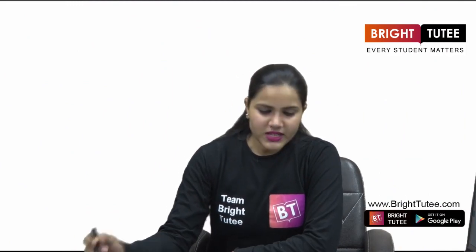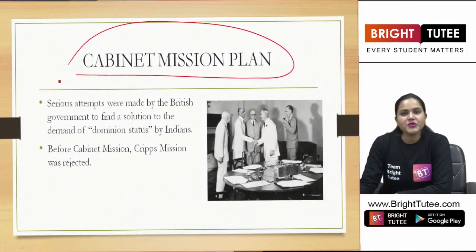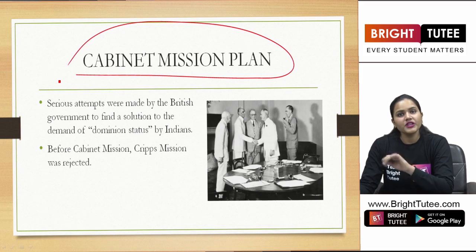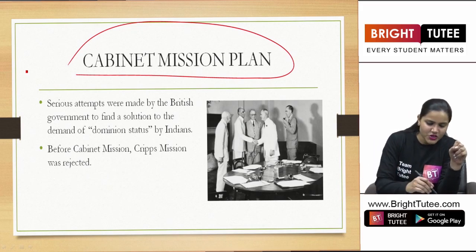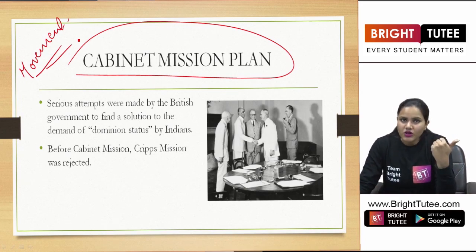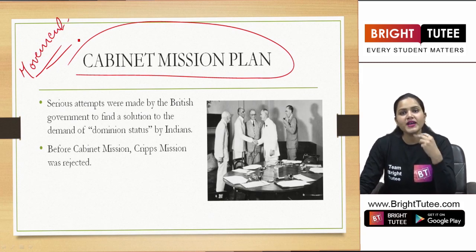Hello everyone. So let's start our new topic here, that is Cabinet Mission Plan. Now students, this is the last topic for this chapter, and before this topic you have learnt a lot of new things, right? You already have learnt a lot about nationalism, the rise of nationalism in India. But in this chapter we have covered the major movements that took place in this struggle movement, be it the non-cooperation movement, be it the civil disobedience movement, be it the Simon Commission or Go Back Simon movement, and so on, right? Here in this last part, students, we are going to understand how all these scenarios were